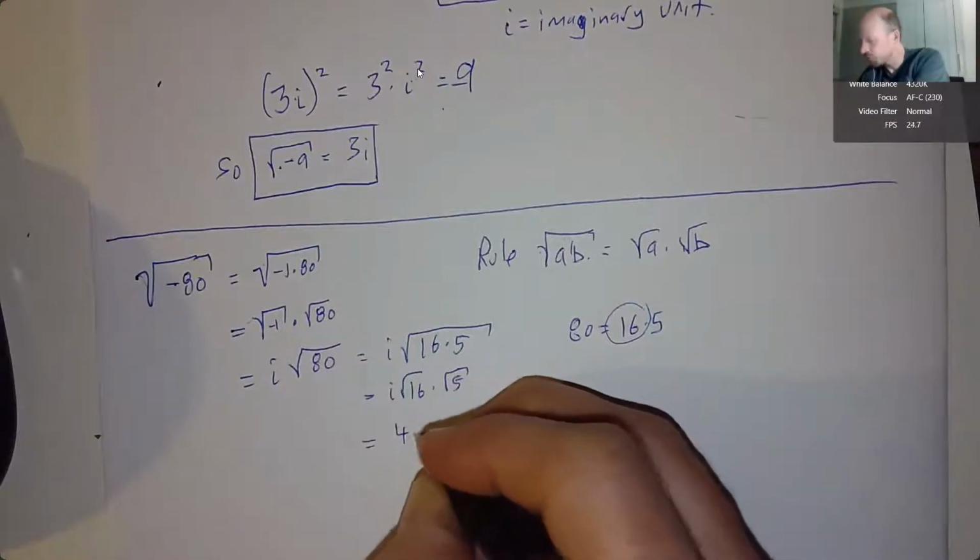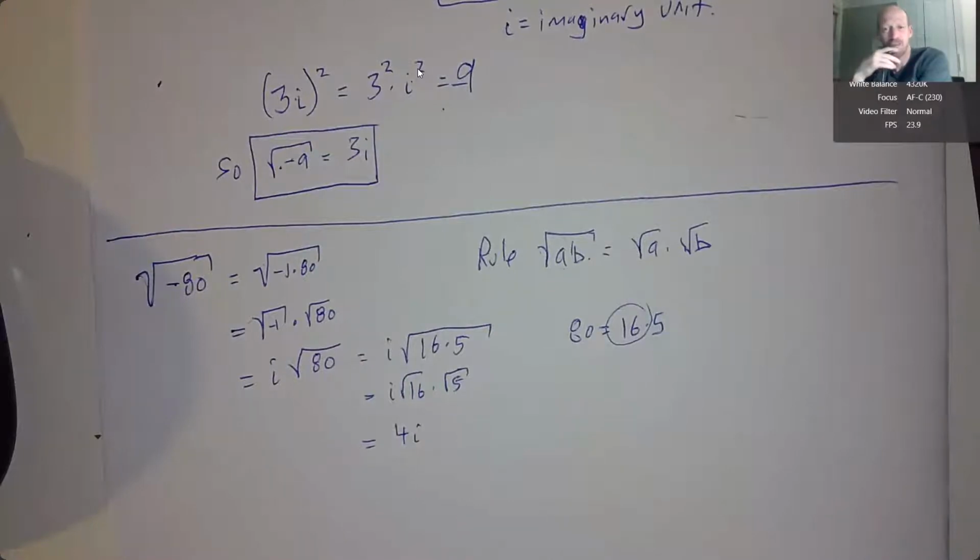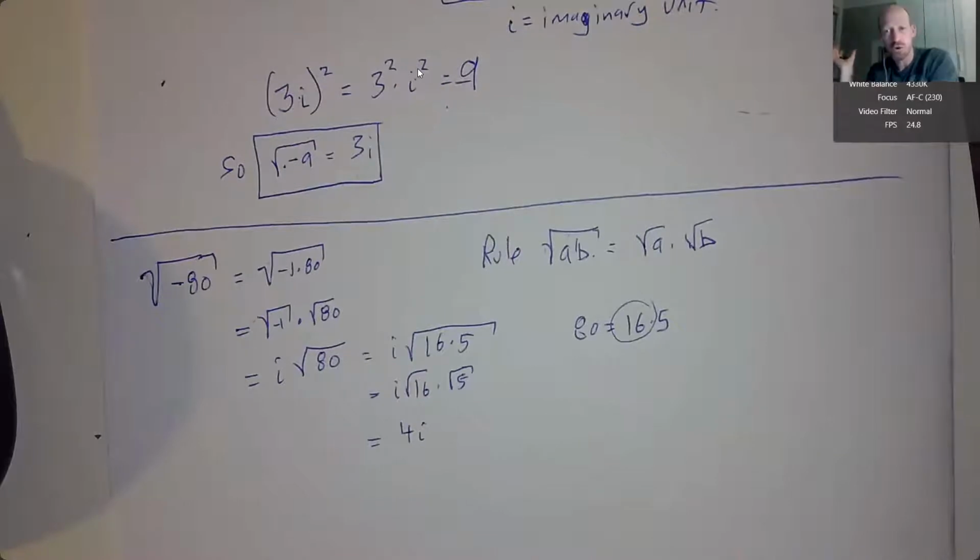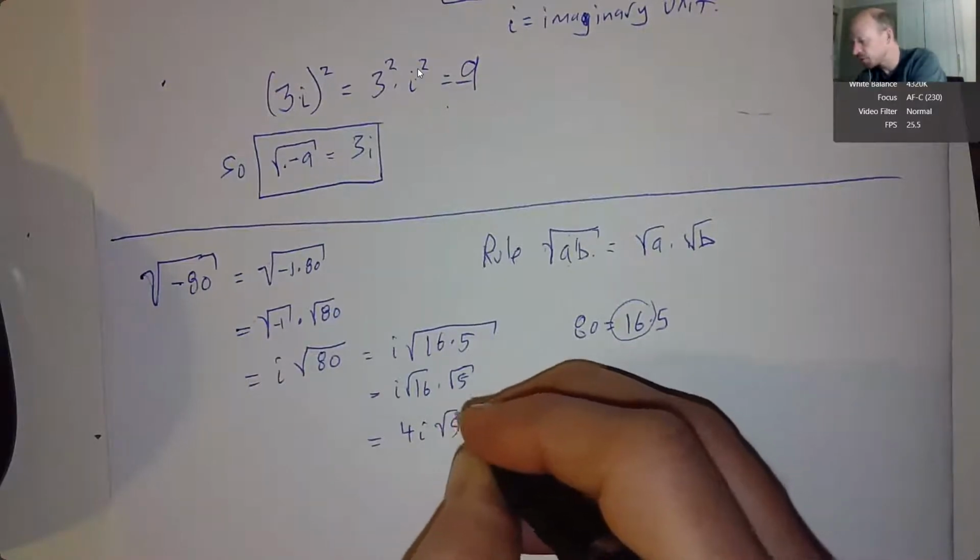I like to write the 4 in front of the i, just like an x, right? We prefer 4x over x4, but they do mean the same things. And then the square root of 5 is a little bit of a question. Like, I don't know a number that's exactly the square root of 5. You can estimate it on your calculator, but if you estimate it, you're not getting an exact answer. You're going to get a decimal that you have to cut off somewhere. So what we want to do in this case is just leave it as an exact answer. So I'm going to leave this square root of 5 part